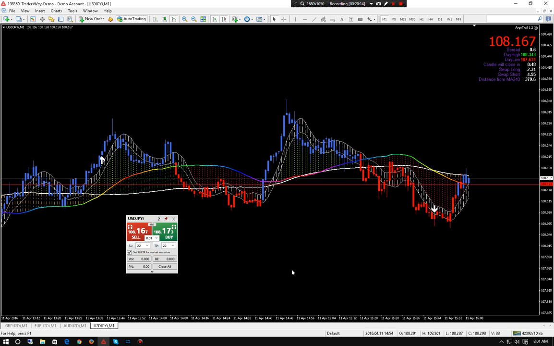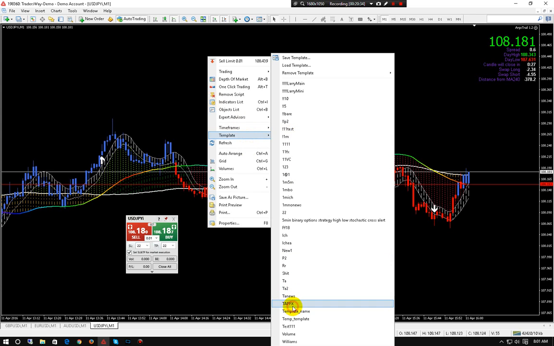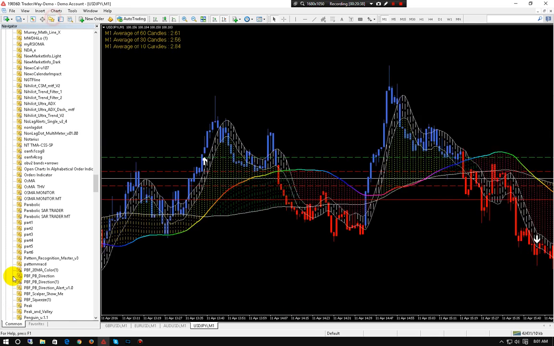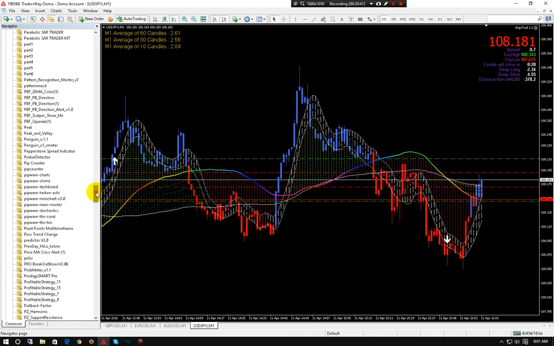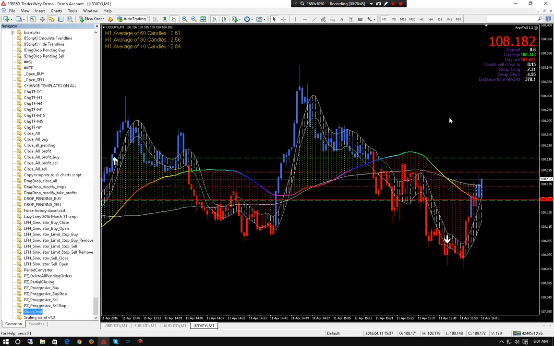Think about the inlines and the average chart size. It's like the legend on a map. You know how when you're looking at a map and it says 1 mile equals, or 10 miles or 30 miles equal, and it gives you a little 1-inch line? What I'm giving you is like the legend to your MT4. It tells you at a glimpse the size of your candles and lets you judge things. So it's important to have them on there and to be using them correctly. One bad thing is, since Quick Deal is a script, anytime you load a template or switch the time frames, you're going to lose it.